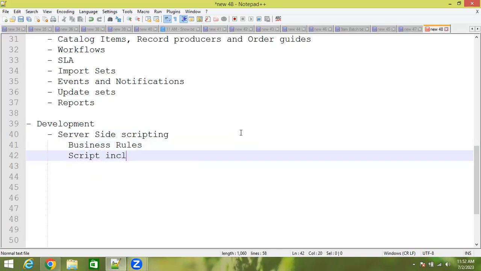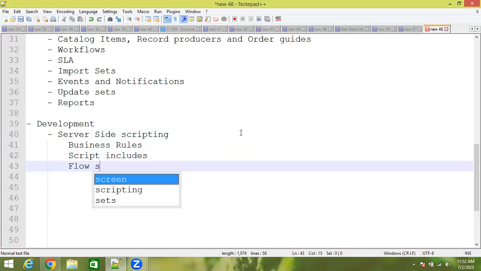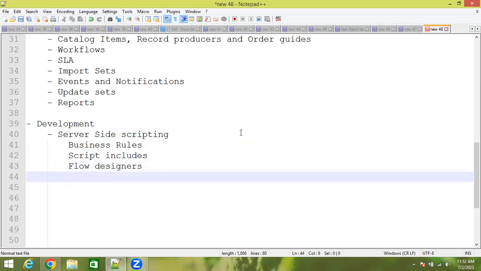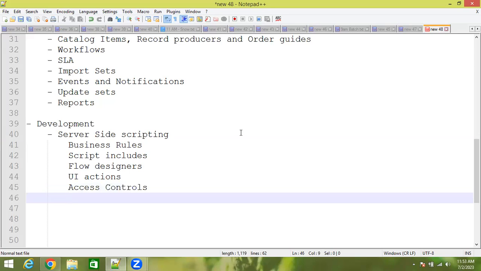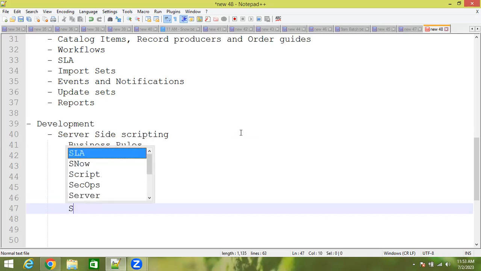Scripting includes flow designers, UI actions, access controls, fix scripts, and scheduled jobs.